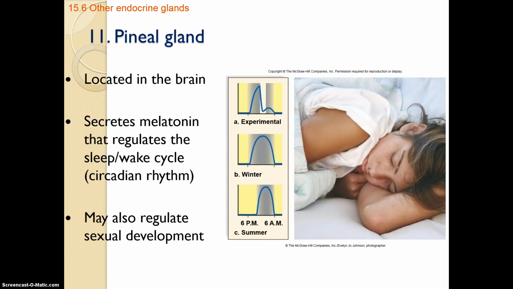Right? This one we talked about, it's our pineal gland. It is located in the brain, and it's supposed to look like a pine tree. I know we didn't see it. It's a little bit more abstract, but that's where the name comes from, pineal gland, pine tree. All right, it secretes melatonin.